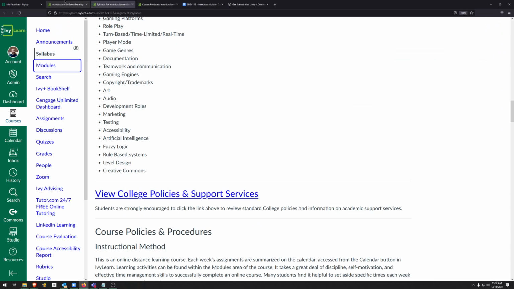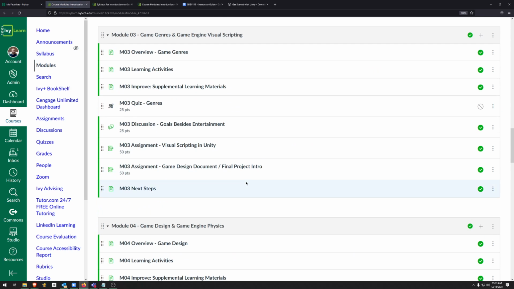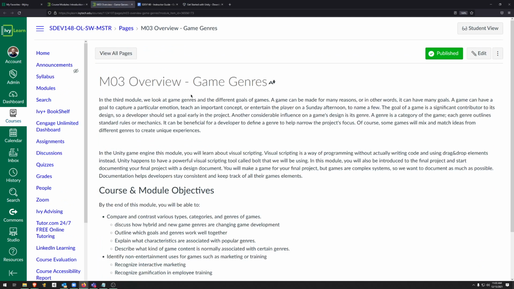Then we'll look at a sample assignment here. I'll use Module 3 because I think Module 3 is a good representation. So in Module 3, let me close out a few tabs here. We do have the overview page, so we tell students, hey, you're going to be learning about